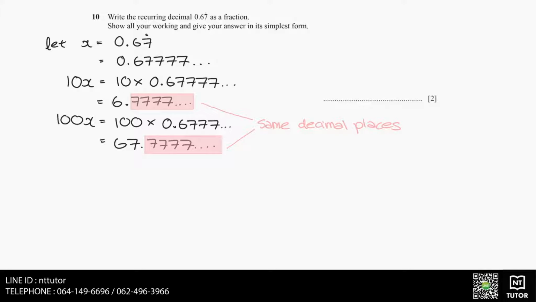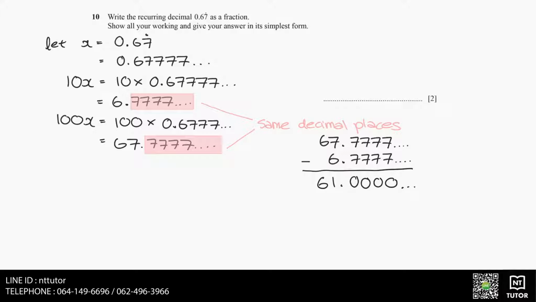When we have two numbers with exactly the same decimal points, when we subtract them, all the decimal points will disappear. So if we do 67.7 recurring minus 6.7 recurring, it will equal exactly 61.0. 67.7 recurring is 100x and 6.7 recurring is 10x. So we can write 100x minus 10x, which equals 67.7 recurring minus 6.7 recurring, which will simplify to 90x equals